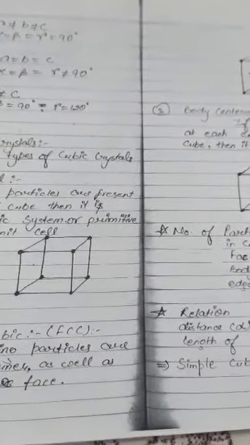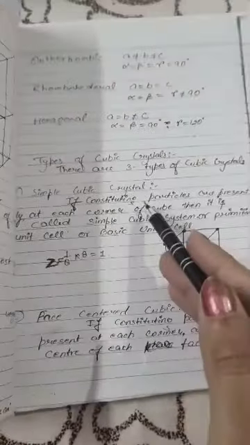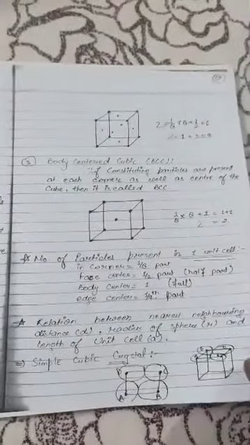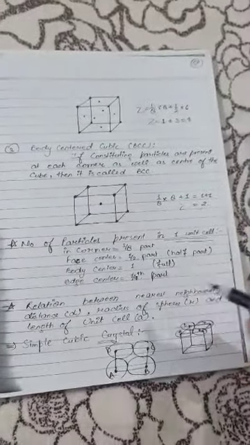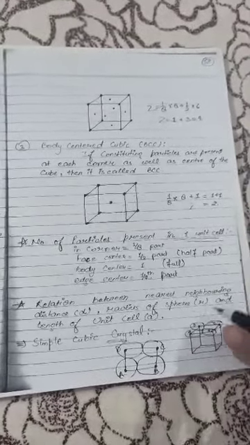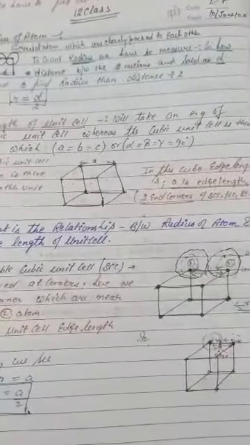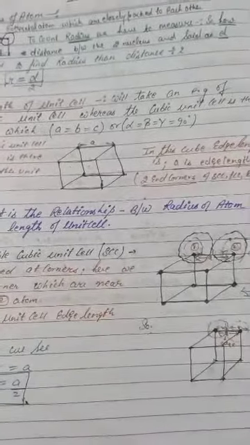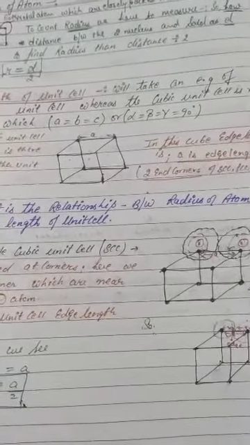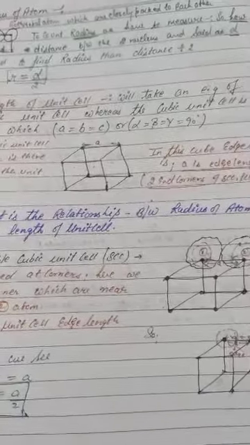So, on that day, I completed the types of cubic crystals: simple cubic crystal, face centered cubic crystal, and body centered cubic crystal, and I also told you the total number of particles. Fine. Now we will start with the relation between the nearest neighboring distance, the radius of a sphere, and the length of the unit cell. First of all, I am going to tell you its simple theory, what we are going to teach now.